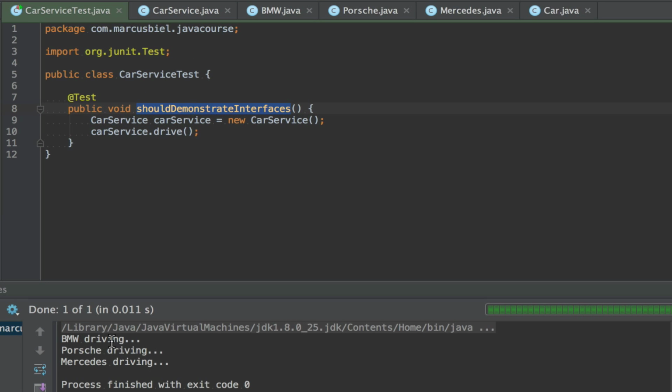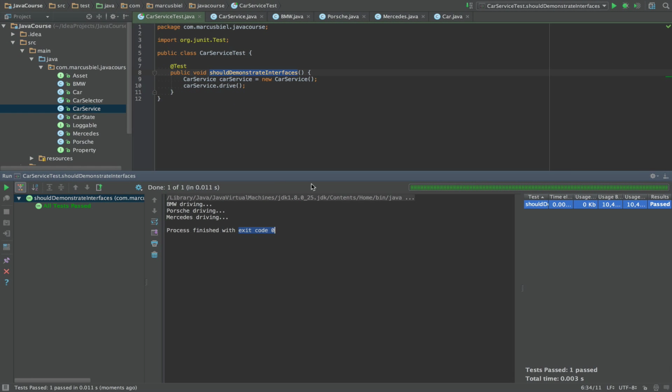So it says BMW driving, Porsche driving, Mercedes driving. So what I want to achieve is exactly the same, just using interfaces with less and more readable code. By the way, exit code 0 means everything is fine. If there is a problem, an exception thrown, it would be exit code 1.